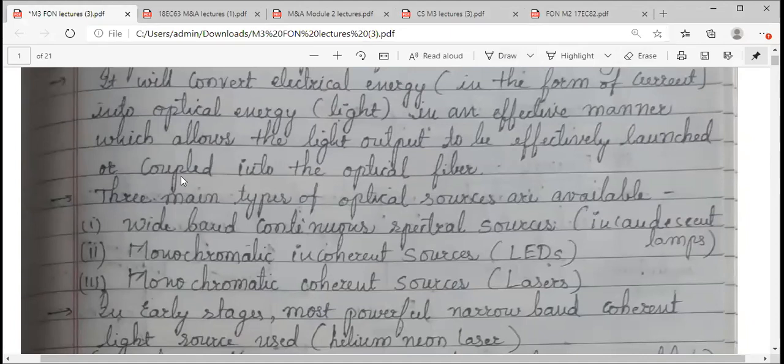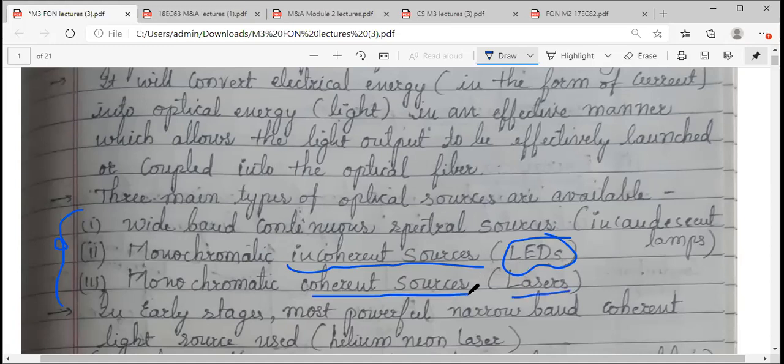When we started with module 3, we listed different optical sources. We have seen lasers already. The earlier sources were incoherent: whatever output you get, their frequency and the different parameters were not in phase. They were of different phase, so they were incoherent sources. Talking about lasers, they are coherent sources. Whatever output you get, its parameters will remain the same. That is coherence.